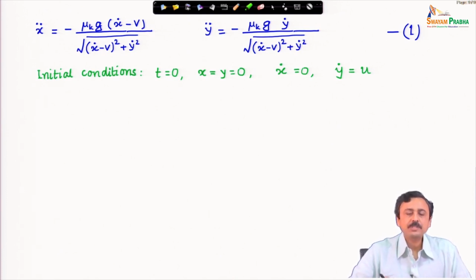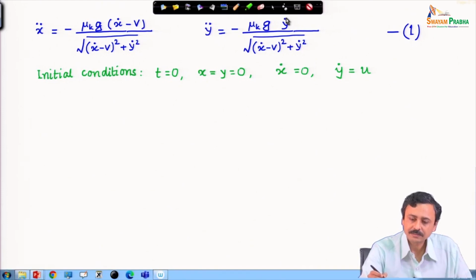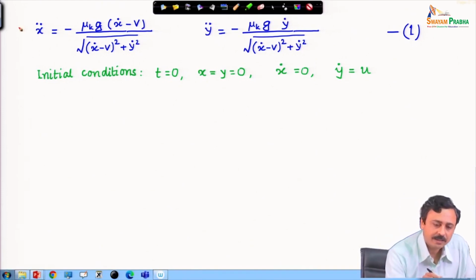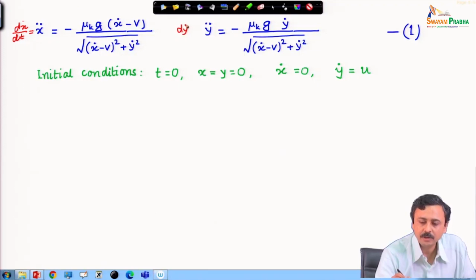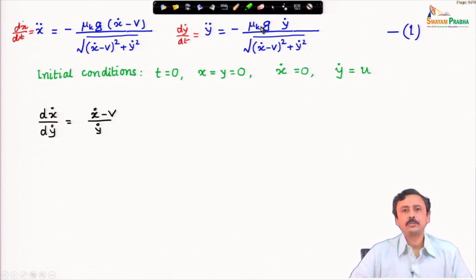It looks almost unsolvable, but there is a step that if you take, this becomes very simple, and that step is first writing this as d x dot dt and this as d y dot dt, and then taking the ratio of these two accelerations,